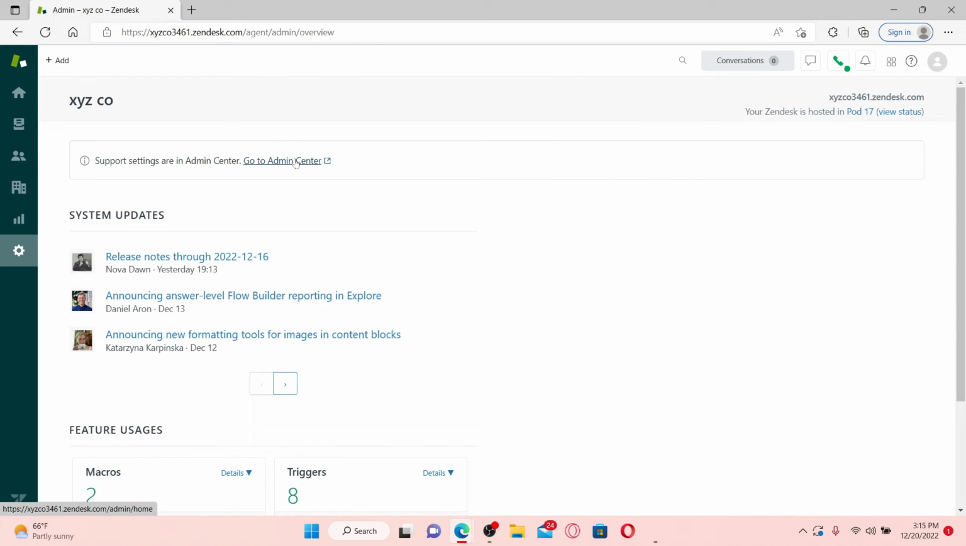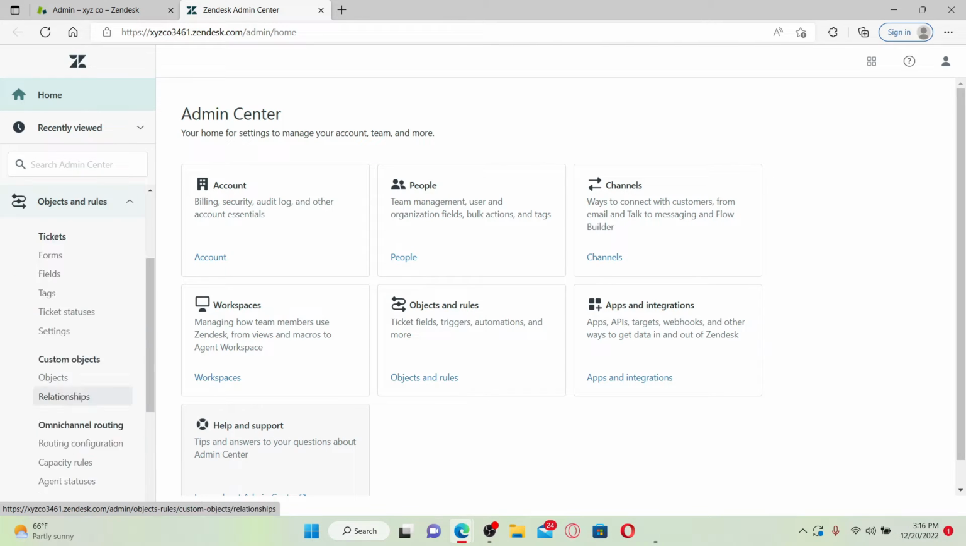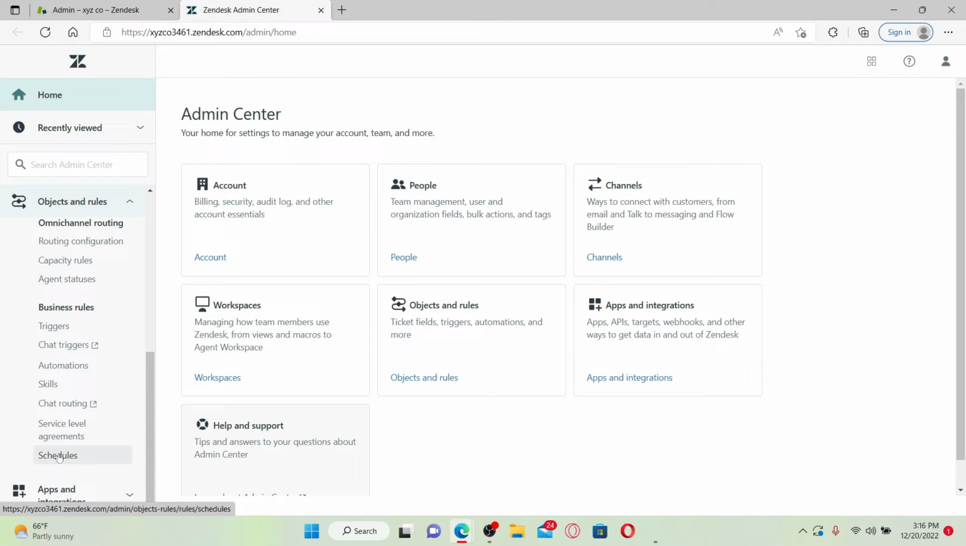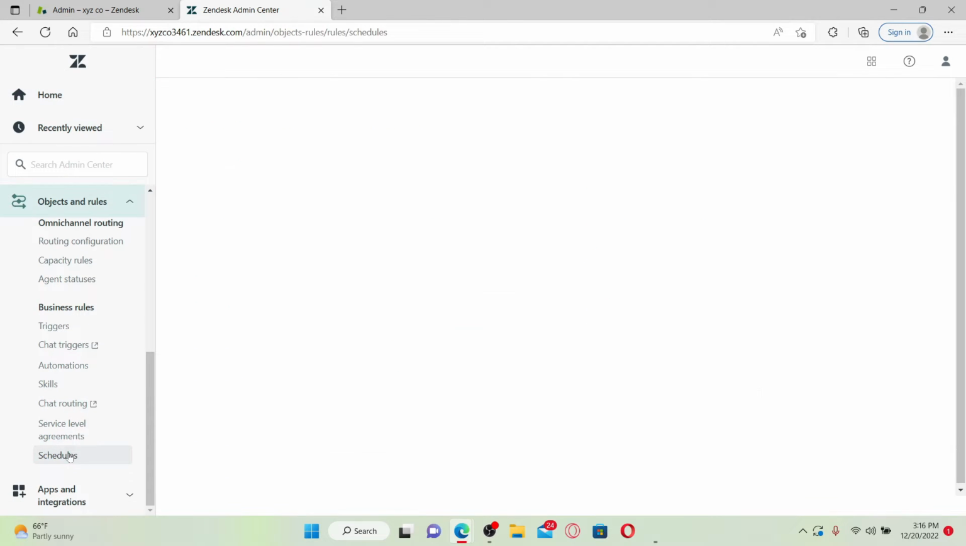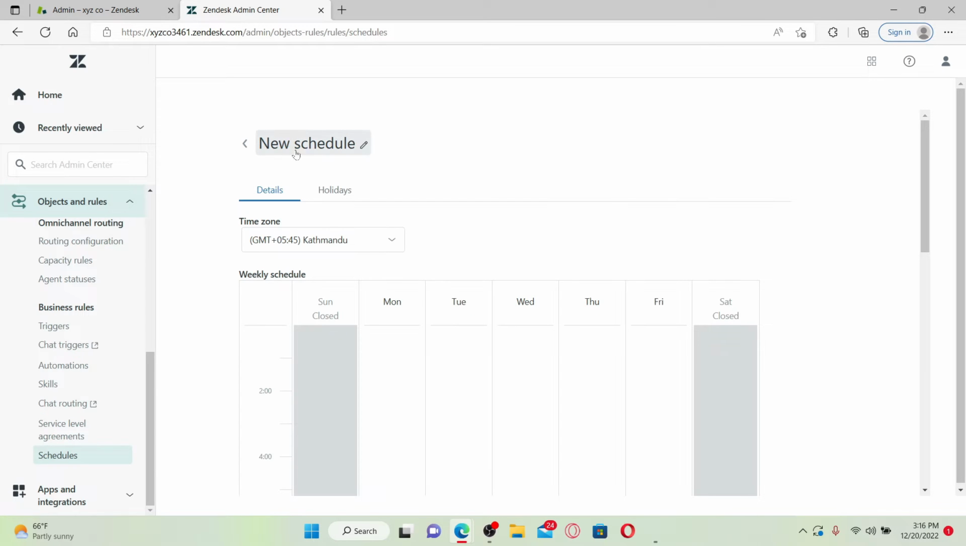Click on Go to Admin Center link at the top. From the left hand side menu, click on Objects and Rules. Scroll down and find Schedules under Business Rule and give it a click. Click on Add Schedule on the next page and enter the schedule name by clicking on the pencil icon at